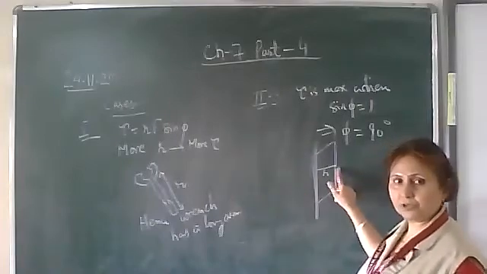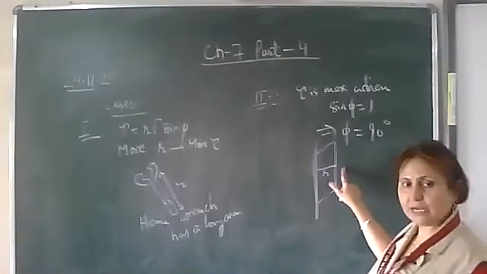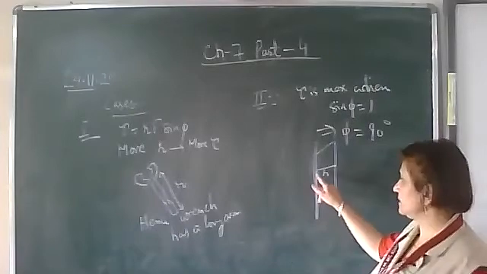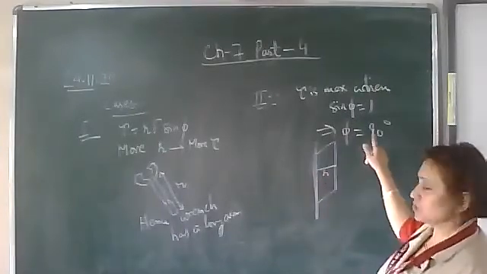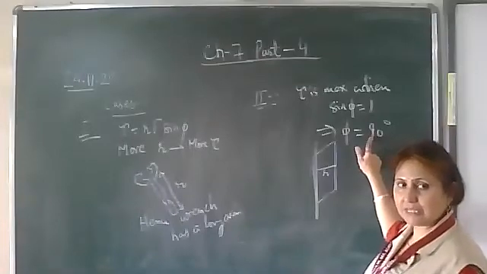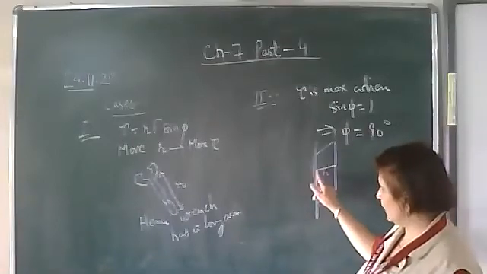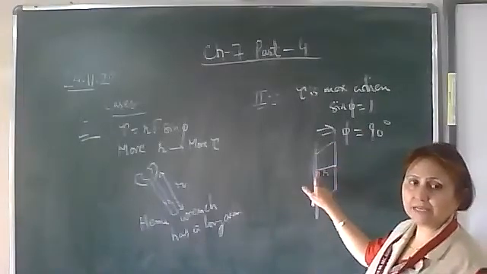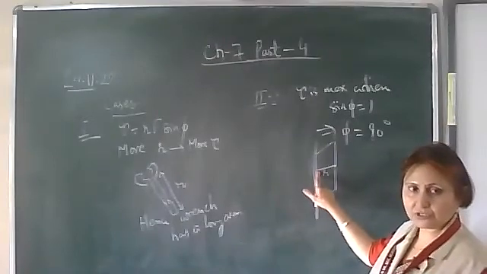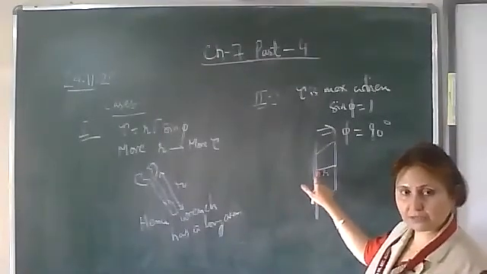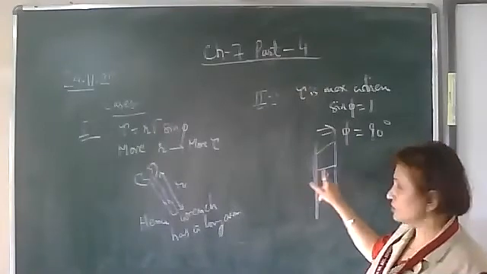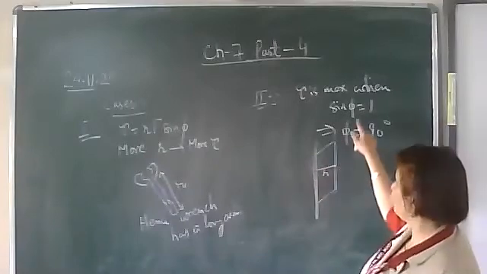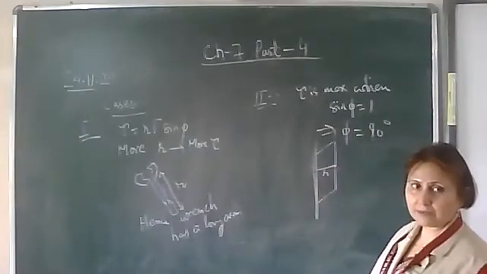So whenever you have to open or shut the door, you apply the force at the edge of the door. And how do you apply? Perpendicular to the plank of the door. That is, the force should be perpendicular to R, so that the angle between R and F is 90 degrees and the tau is maximum. And also R should be more. You cannot open or shut the door by applying the force over here near the hinge. It would be difficult to open or shut the door. So you have to apply at the edge of the door so that R is more, and also the force should be perpendicular to R.